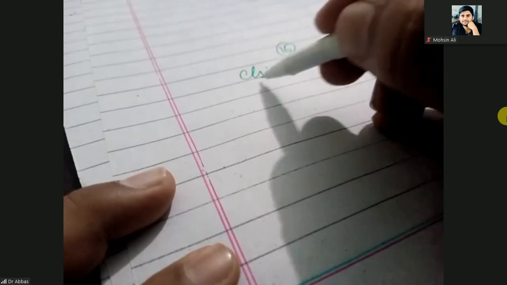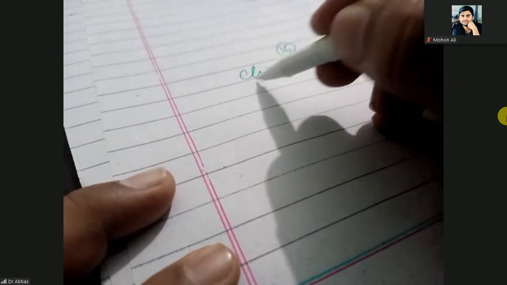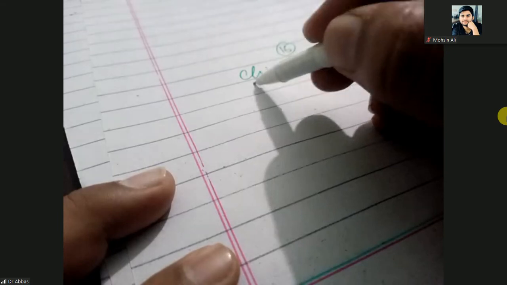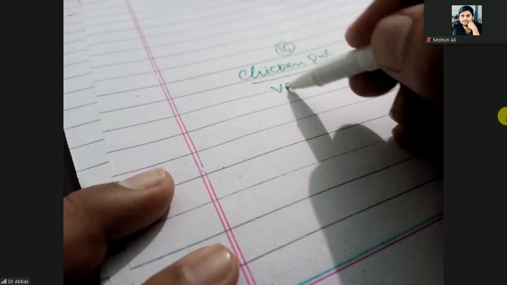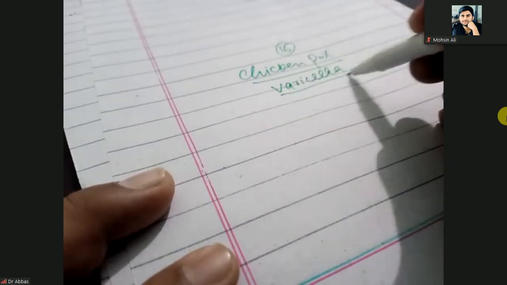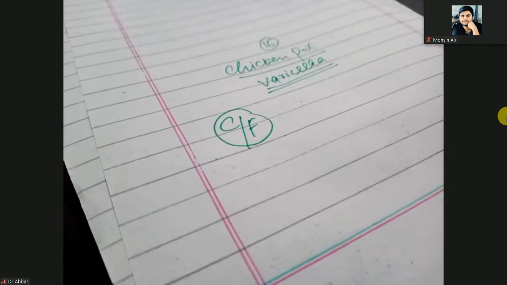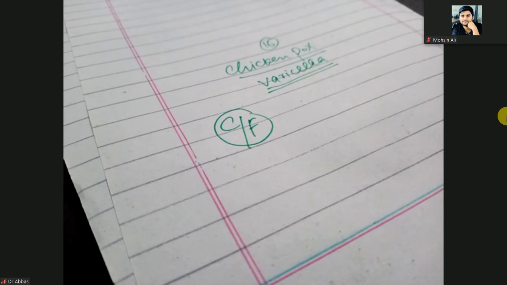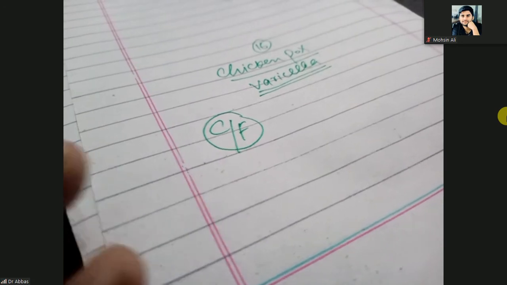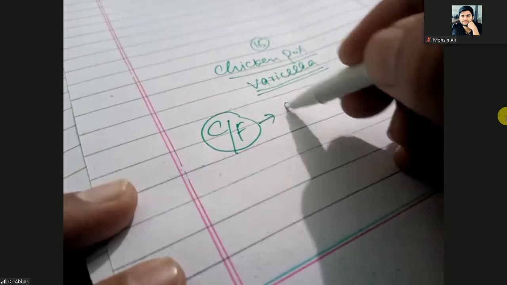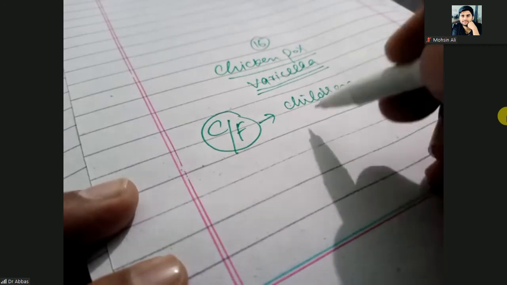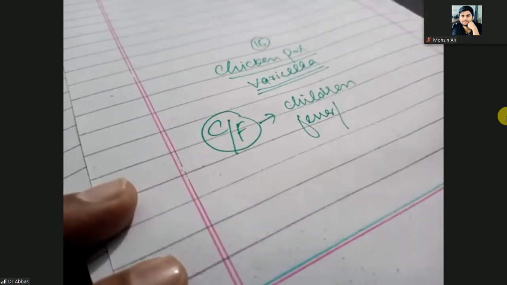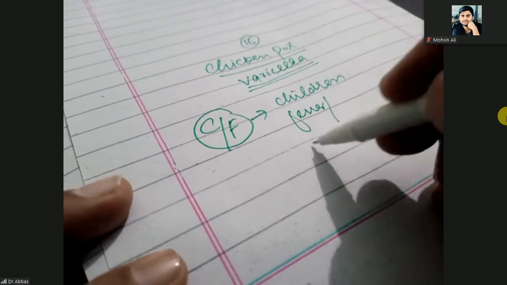Chickenpox. Another name for chickenpox is varicella. The clinical feature: there will be ballooning degeneration. It causes clinical presentations most commonly in children. Children present initially with fever and malaise.